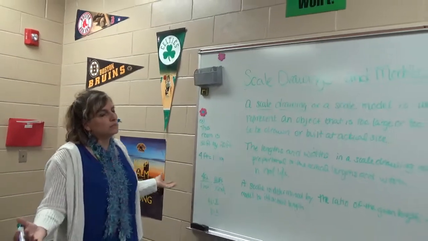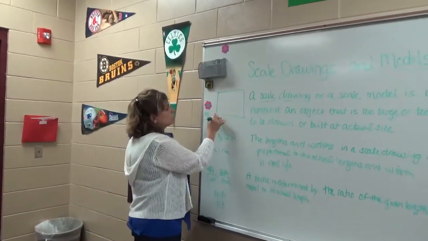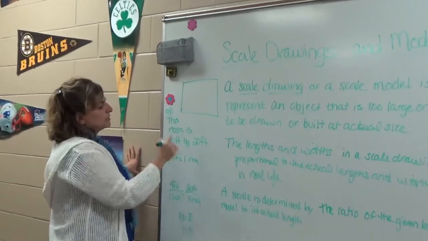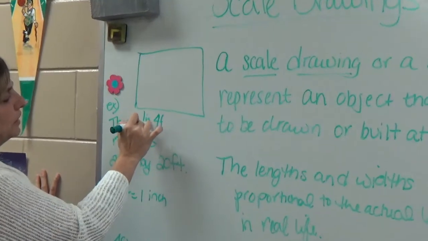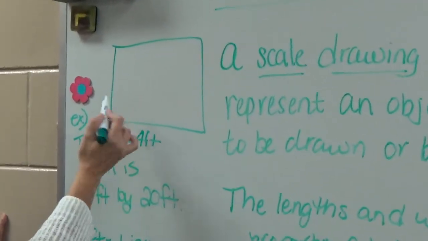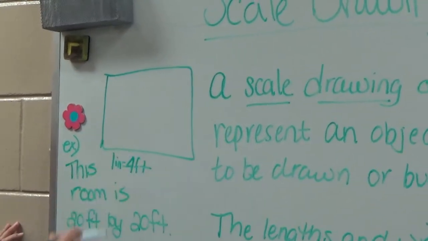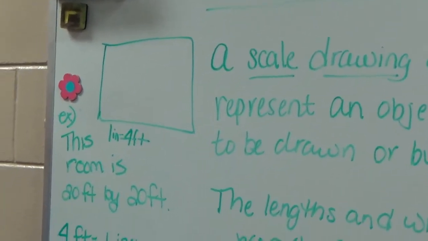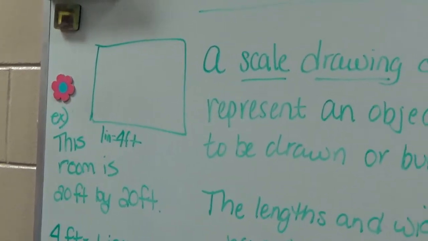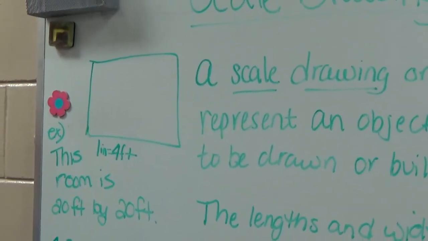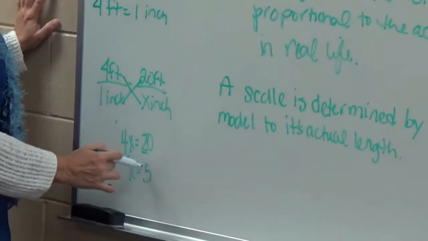I'm not gonna draw something 20 feet by 20 feet. So here's my piece of paper. If I wanna draw this room, I might say 4 feet equals 1 inch. What that means is, how many inches would I have to draw to make the whole room? Well, you set up a proportion, 4 feet to 1 inch, and I know that the room is 20 feet to how many inches. So I do out the math, 4x equals 20, divide by 4, and I get x